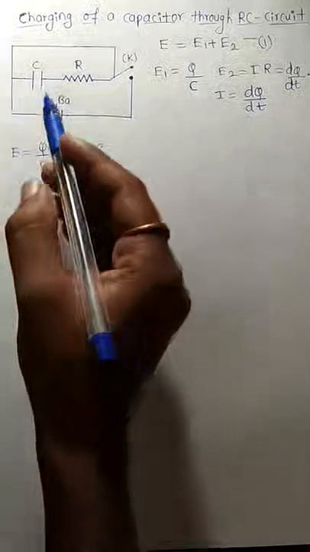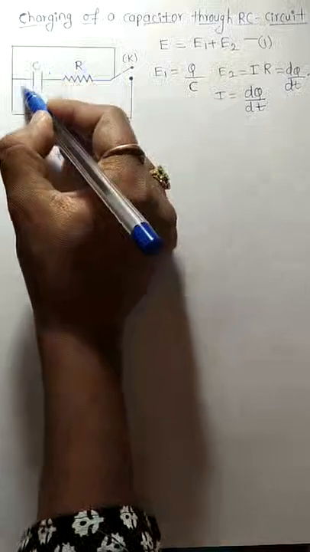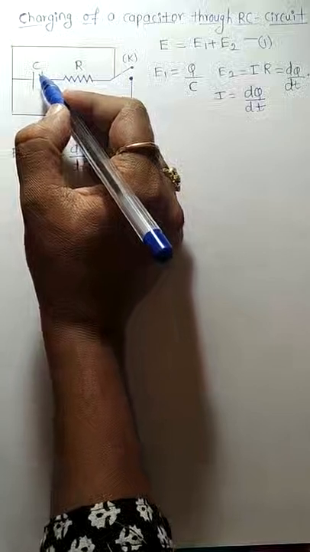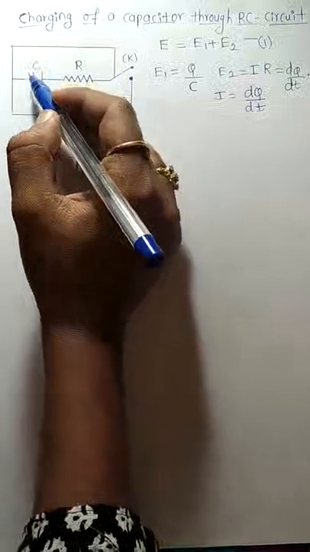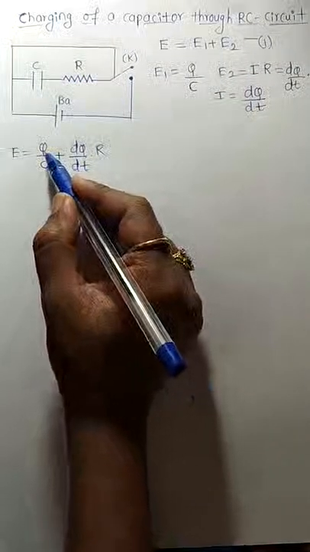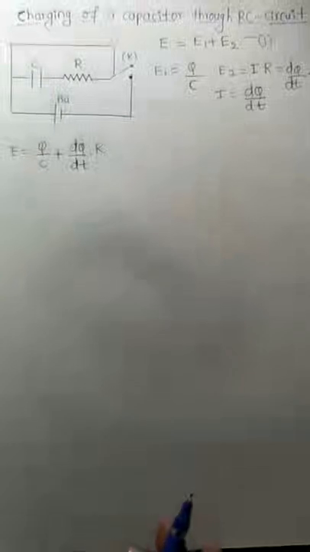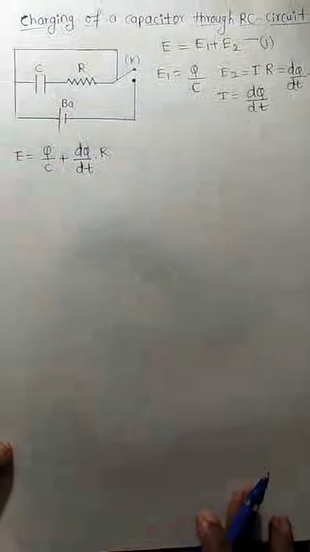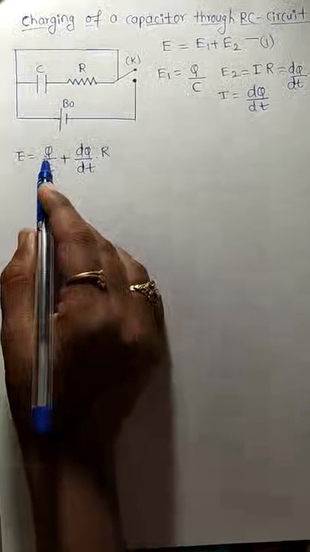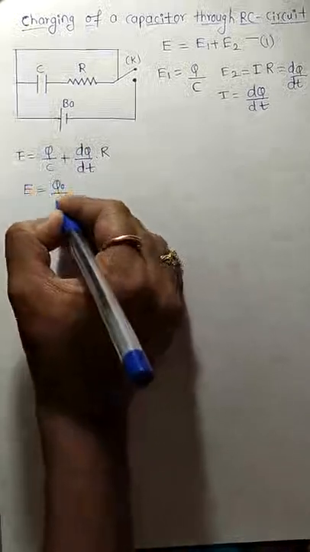So E is nothing but what? See, when the battery voltage will be maximum, then can I say maximum electrical energy had been stored in the capacitor, means the number of charges will be maximum. Okay, see, at a time t the number of charges stored in a capacitor is Q, but when time reaches a maximum value, then what will happen? There will be a maximum number of charges stored in the capacitor, and that maximum number of charges we will write as what? Q naught. Means, can we have E is equal to Q naught by C?